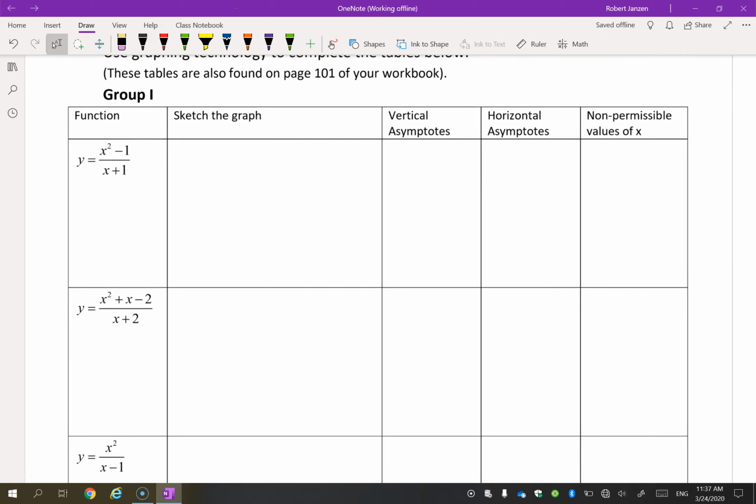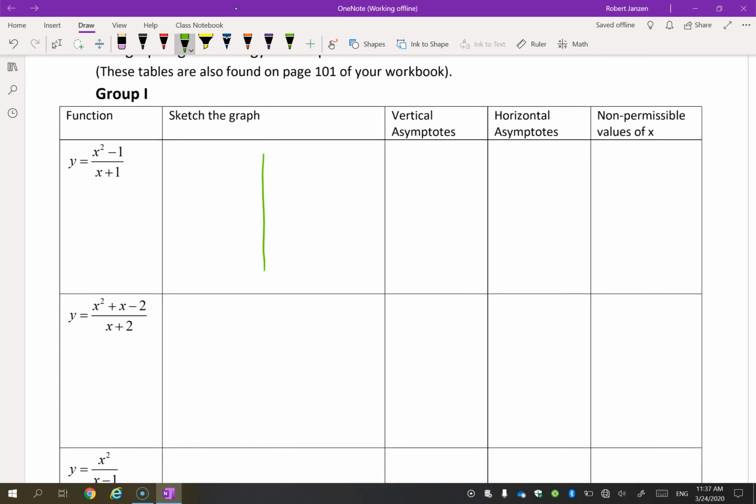Taking a look at the first one, if you put that into Desmos, I believe you're going to get a function that looks something like this. I think there's going to be a little bit of a break right here, and it's going to be a line. Then it asks, are there vertical asymptotes? Now, you're not going to see that on Desmos. Desmos doesn't put asymptotes on the graph. What they do have is asymptotic behavior. Remember, asymptotic behavior means that the graph is approaching the asymptote. So if you look at this graph,